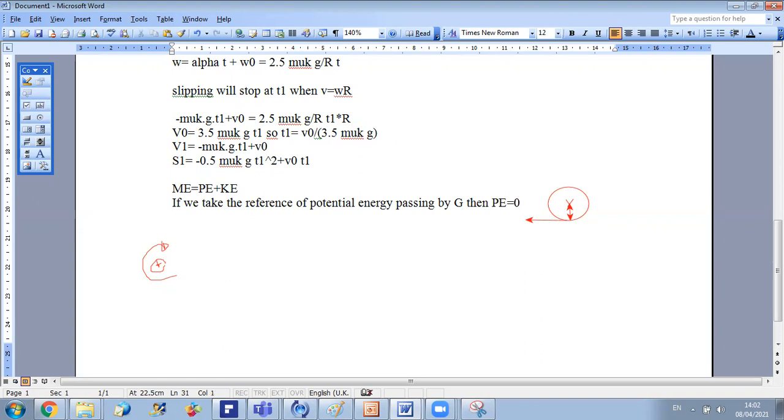So we can say that mechanical energy at state 1 is equal to kinetic energy at state 1, which is equal to 0.5 times the mass times V0 square. So this is the initial value for the mechanical energy. Now at the final state, mechanical energy